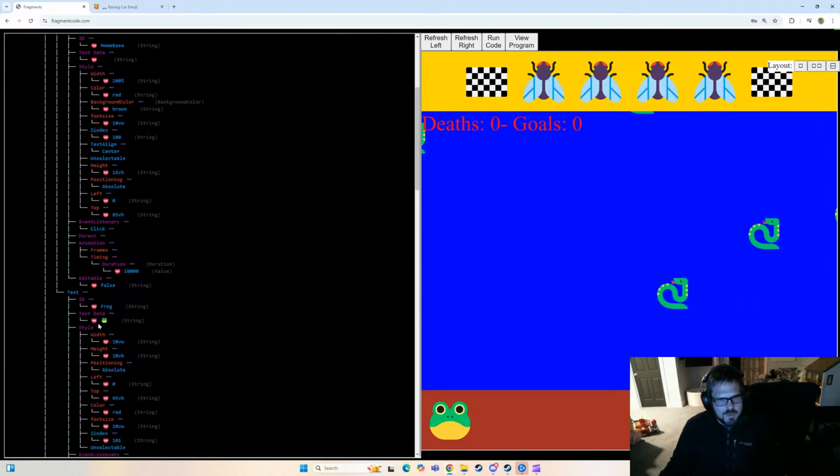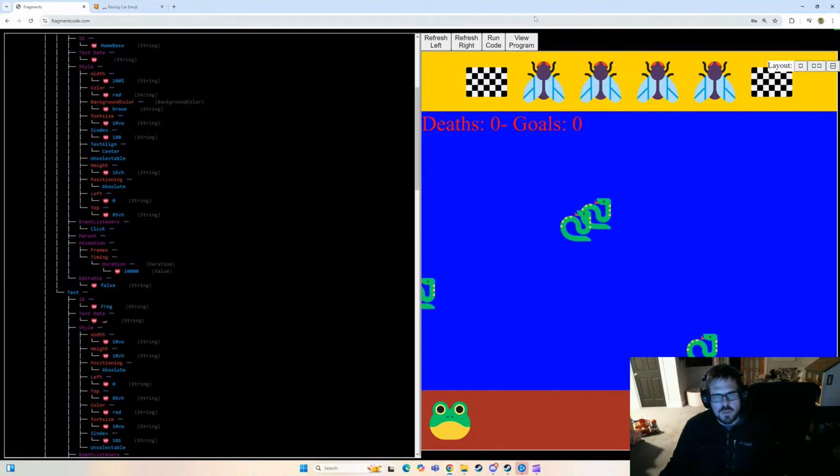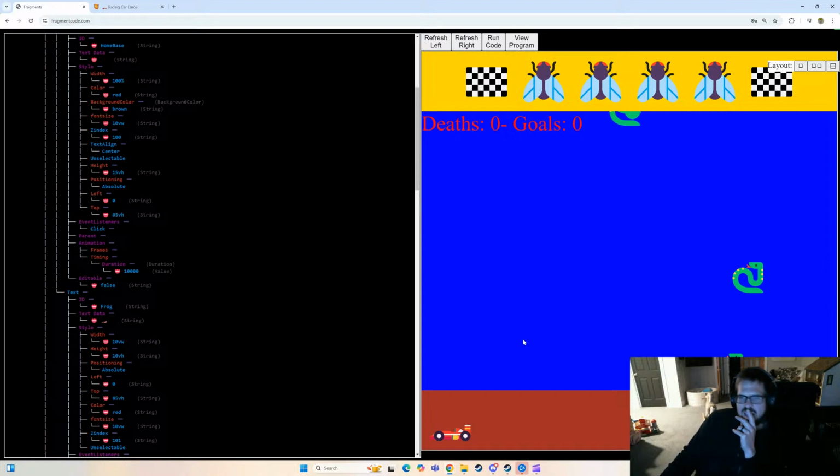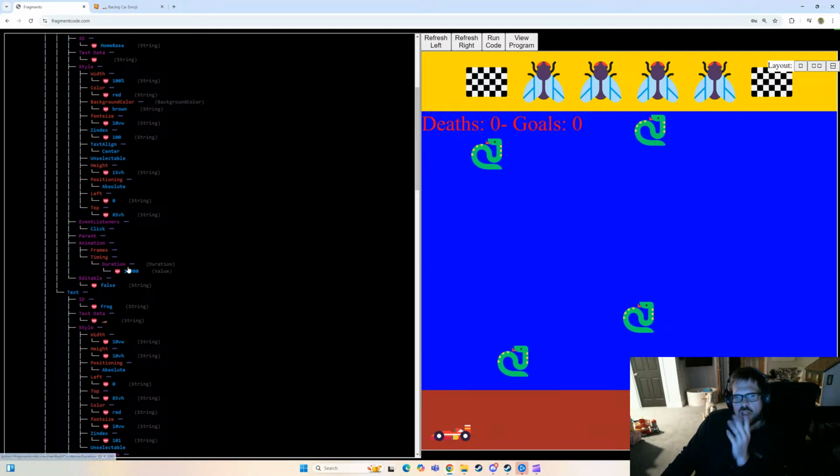All right, so my frog is now a car. All right, and yeah, if I rotate it like,